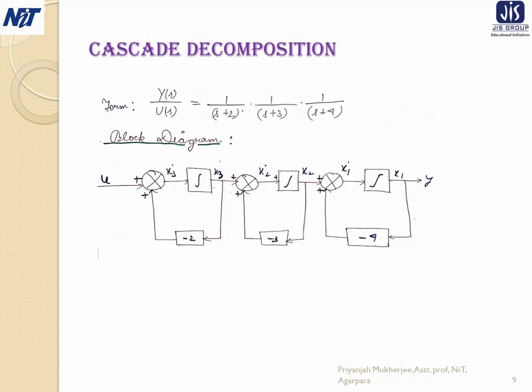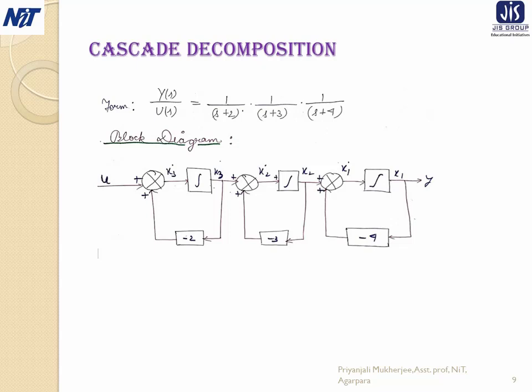So here we can see that the transfer function is in the factorized form, and it can be factored as 1 by s plus 2 into 1 by s plus 3 into 1 by s plus 4. So now we can see that the state diagram has been obtained for each term, and then we have combined them serially. So if we consider the term Y(s) by U(s) in the way Y by X1 into X1